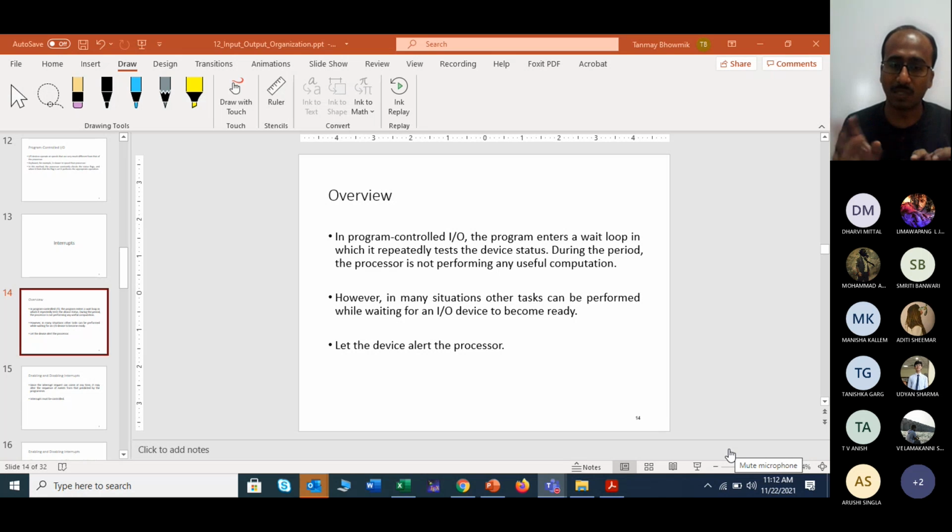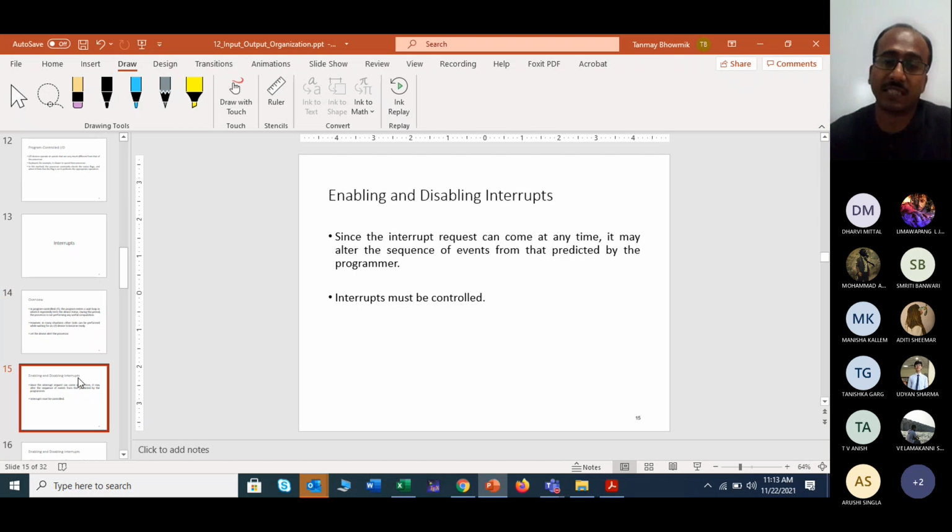So once the DTI project work is done, you can go for the lab assignment submission, because the submission date has been extended up to 2 or 3 days. So that means you have some more time in your hand, right? So accordingly you can manage. So that means in this case of interrupt, whenever you are entering these phases, your system can inform your processor when you need to wait or when you need to operate, or how many times you need to wait. So all these things.